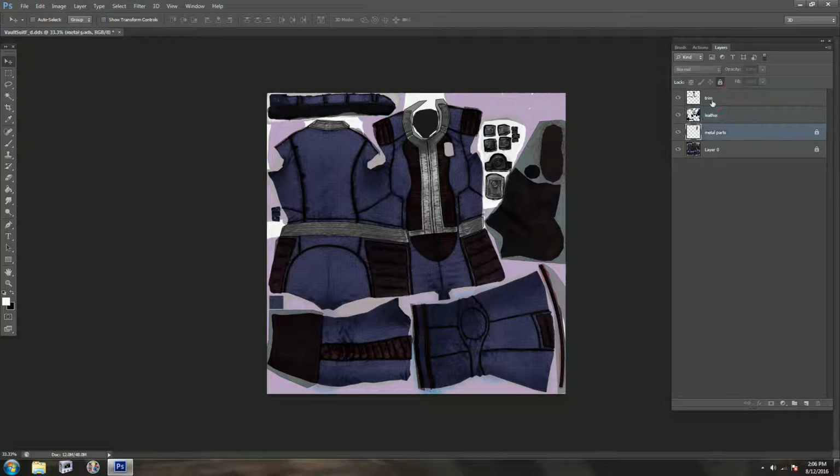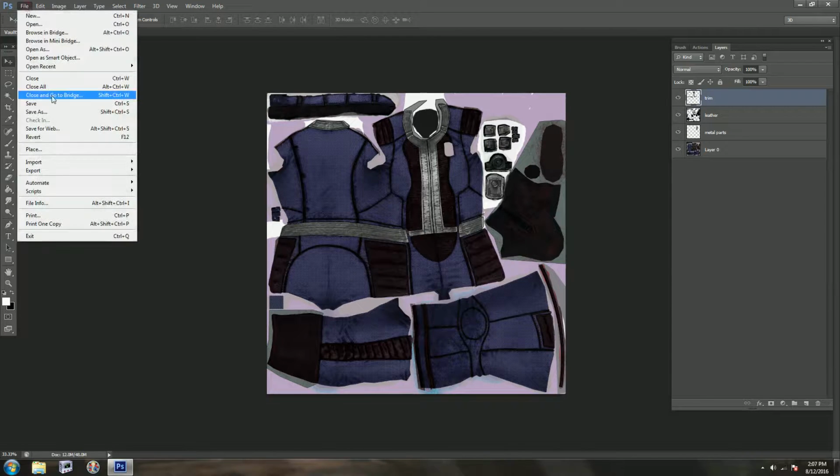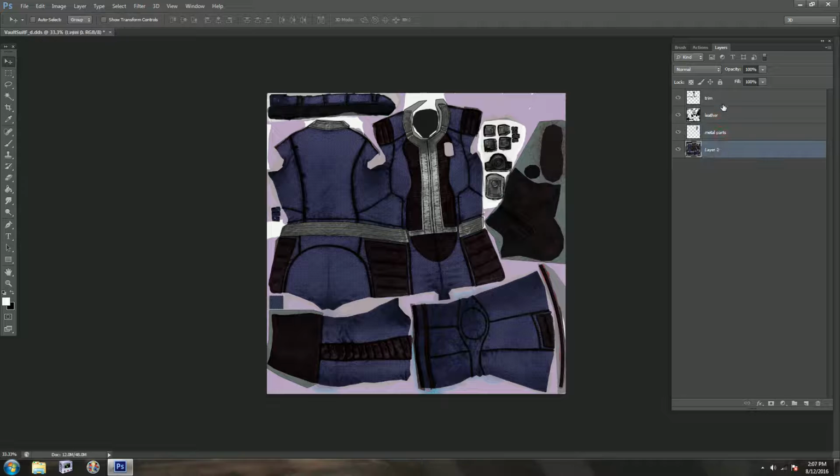Now you can unlock all of the pieces, and you can take a look. Now, before you save this over the original, if you're planning to do more recolors, you can always save it as a PSD to a folder of your choice, and then these layers will still be here. So then say you wanted to change the trim, leather, metal parts, completely different colours, you can all do it